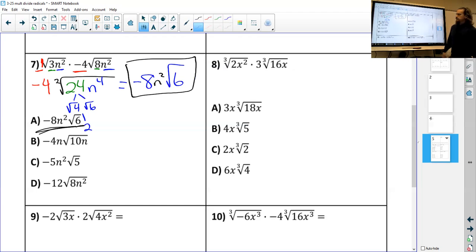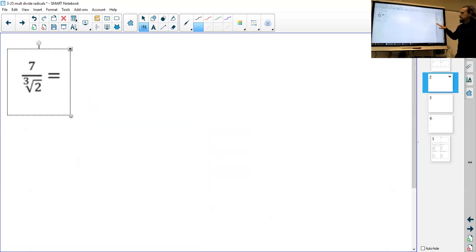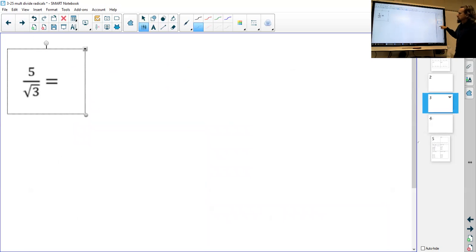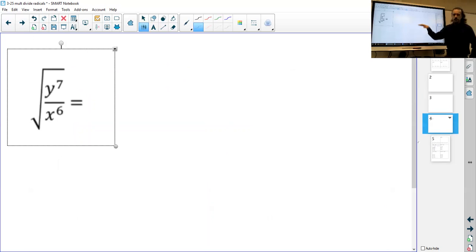So this is a lot more straightforward if our numbers are smaller. The bigger the numbers, the more work we have to put into simplifying our roots. Okay, so that's multiplication, not too bad. The more difficult one is division with radicals. Okay, so a couple things to keep in mind. The big one being